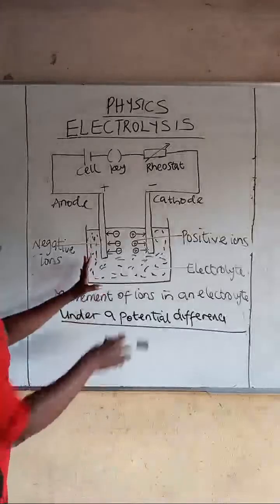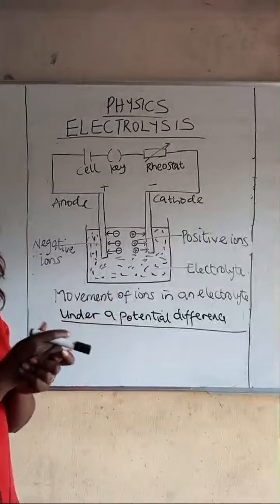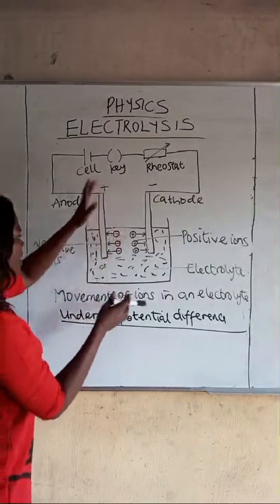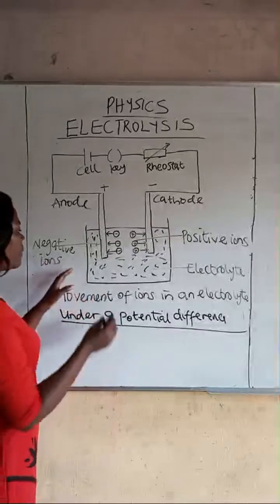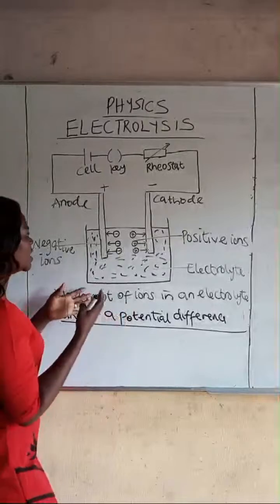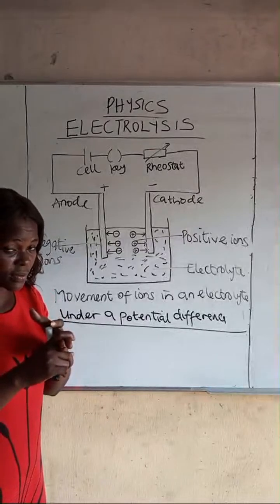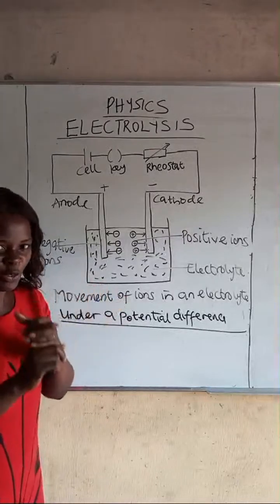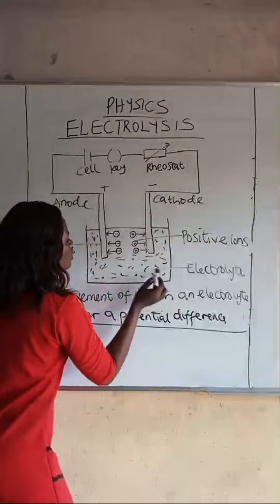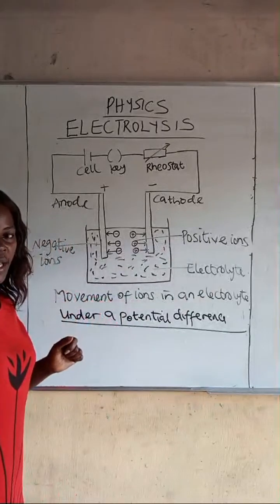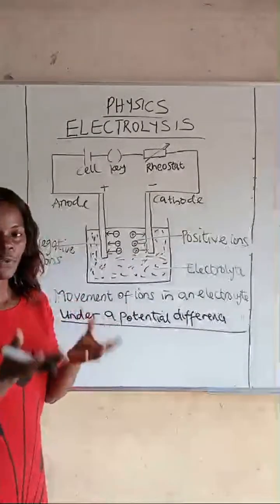This is a voltameter, okay? And we use this voltameter to study the flow of current through a liquid. Now, let me explain this voltameter for my student who says he does not understand the concept. This voltameter is a device that has anode, cathode, and electrolyte. These are electrodes. So this is my anode. This is my cathode. This is my electrolyte. What is the electrolyte there? Electrolyte is the liquid or molten form inside this voltameter.